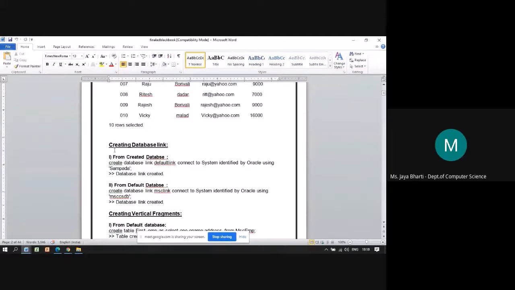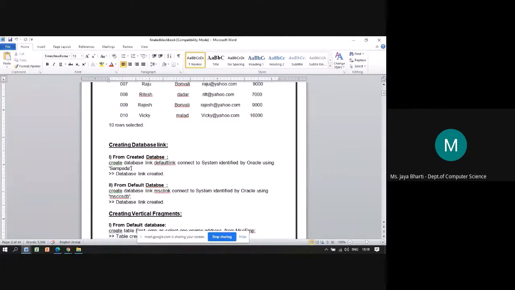So here using link tag, that is create database link, space, you're supposed to pass the name of the link, space connect to, it's a keyword, you have to write down as it is, and then system, it is the username of your system, Oracle system. Identified by is a keyword, will come as it is, and the Oracle, that is the password. So using these credentials, using is again the keyword, we are creating the link to the database.